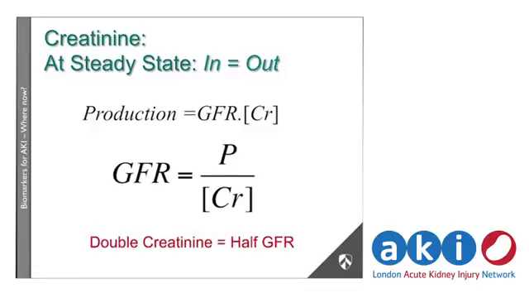And so what this means is that GFR will be related to the reciprocal of your plasma creatinine concentration. If you double your creatinine, your GFR will halve, because you'll be putting a 2 here, so you're essentially dividing your GFR by 2, as long as your production is stable, and as long as you're in steady state. Okay? And obviously if your GFR abruptly changes, or your production rate abruptly changes, then this won't be equal anymore, and the levels will have to change until you are back in steady state. So if your GFR halves, then your creatinine will slowly rise until it's doubled the concentration, as long as your production has remained stable. Okay?